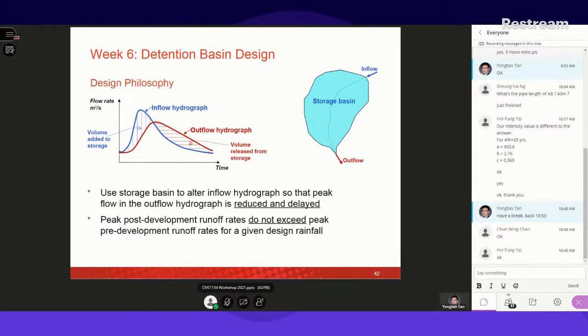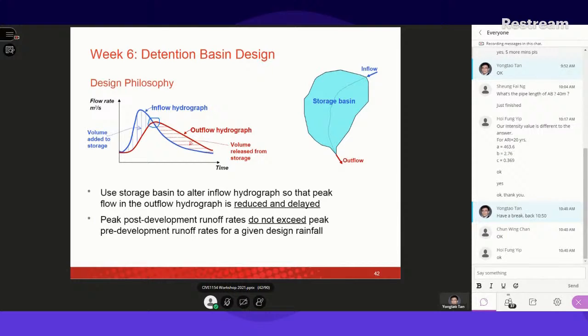Another one is the peak post-development runoff rate should not exceed the peak pre-developed runoff rates for a given design rainfall. So that means the red one, the peak flow is here. The red one is for the outlet, for the outflow. So for the outflow hydrograph, you can see the peak is here. So the peak flow rate should not exceed the peak pre-development,